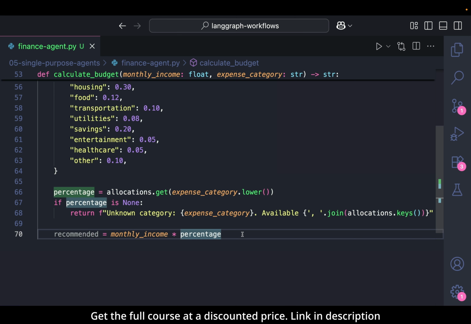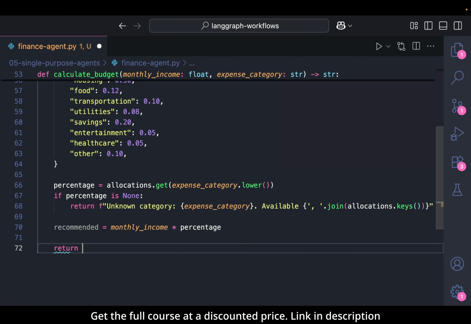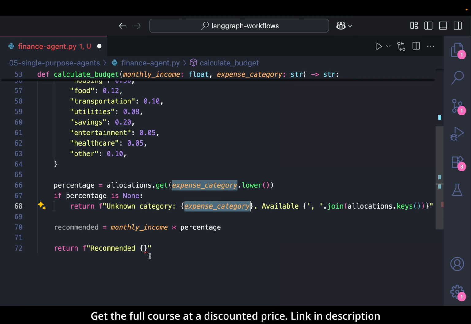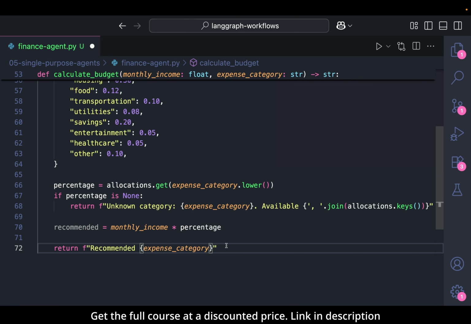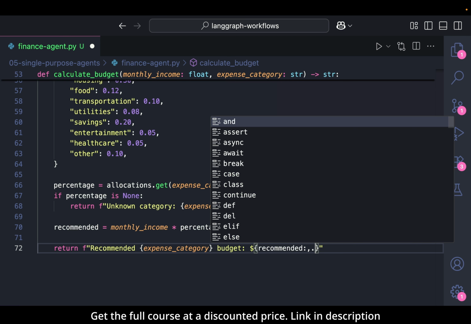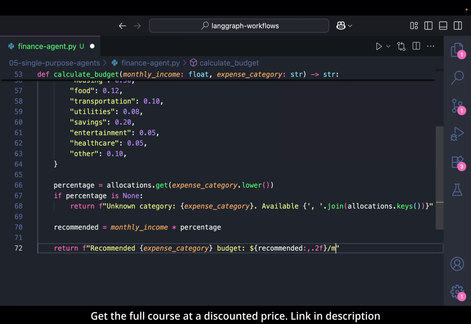So multiplied by this percentage, then we can return recommended and say for this expense category, the budget we are recommending for this category is $, and we pass in recommended, and also format it, and we say per month,